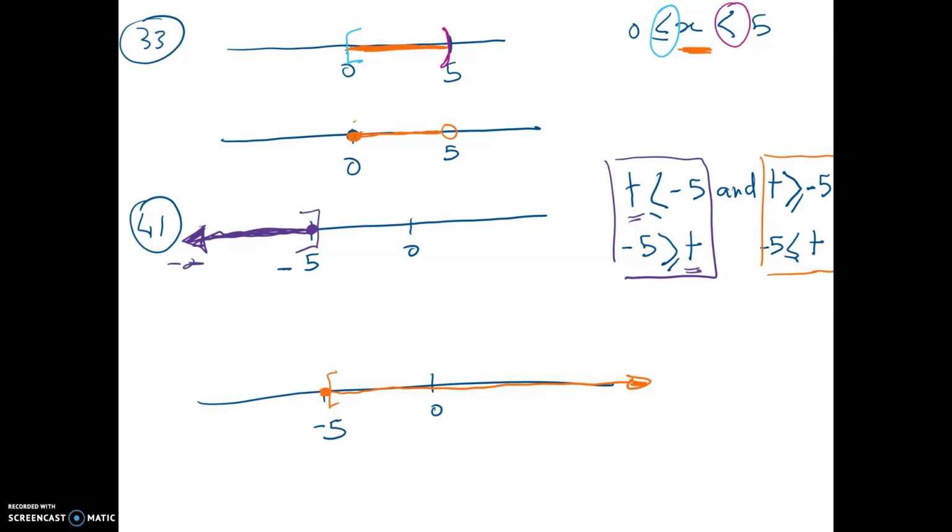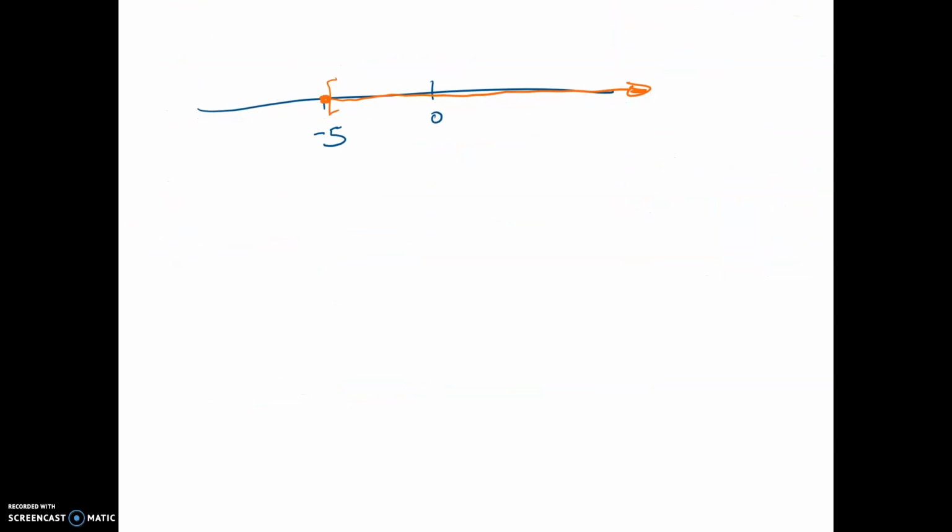I think I am going to do problem number 43. And if I do problem number 43, what do I get? So in this problem number 43, we are talking about x less than or equal to 5,